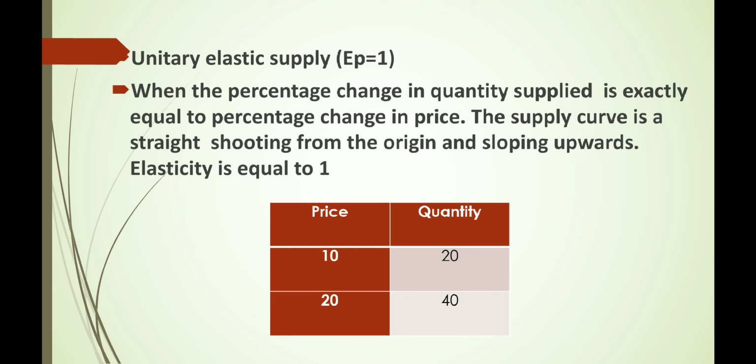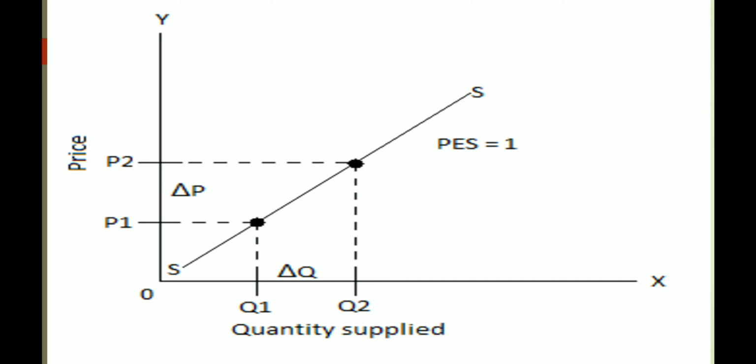Here the price changes from 10 to 20. The price increases 100%. The quantity supplied changes from 20 to 40. Here the quantity supplied also doubled. This is unitary elastic supply curve. SS is a straight line,